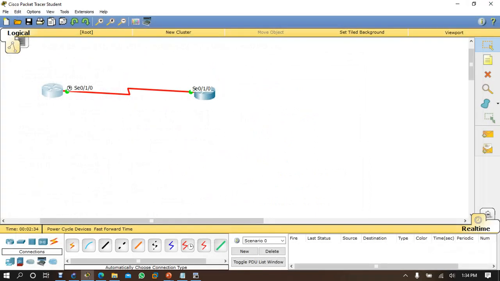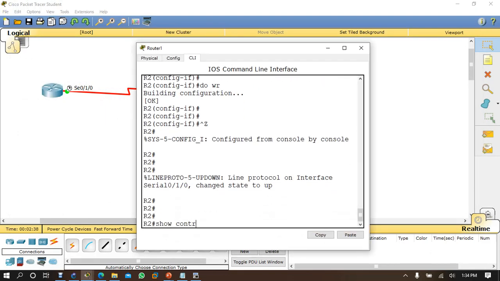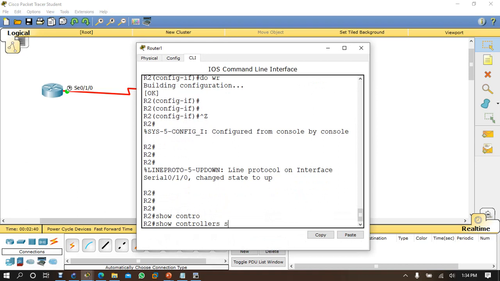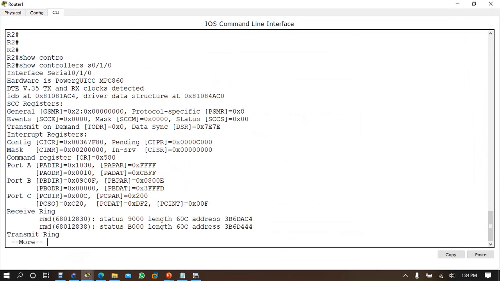And if you come to this router and type controller serial 0/1/0, this is DTE, right? You see DTE clock synchronization has been detected here.